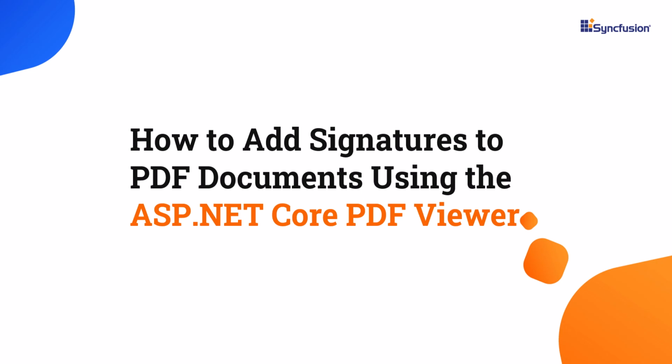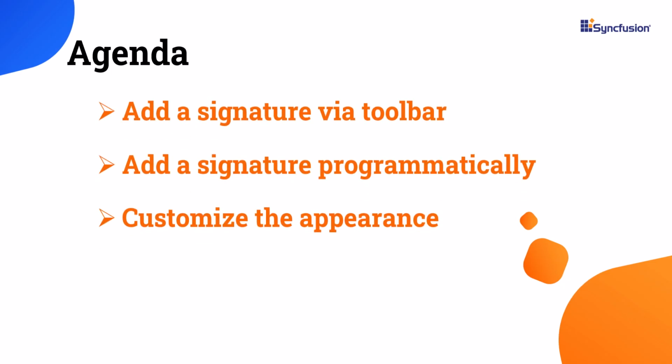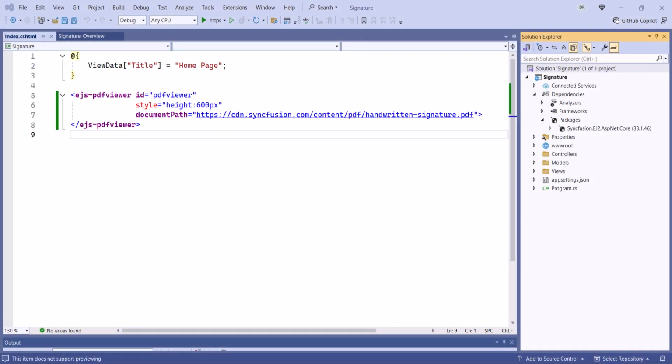Welcome to this ASP.NET Core PDF Viewer tutorial. In this video, I'll show you how to add a signature to a PDF document using the Syncfusion PDF Viewer control. This includes adding handwritten, image, and text signatures using the built-in toolbar, and through programmatic methods, as well as customizing the signature appearance. First, I will open an existing ASP.NET Core PDF Viewer application, which already has the basic